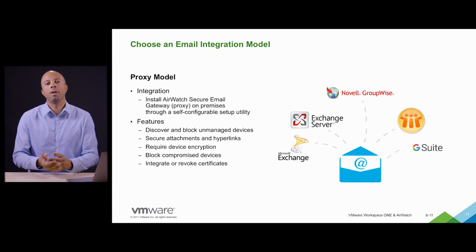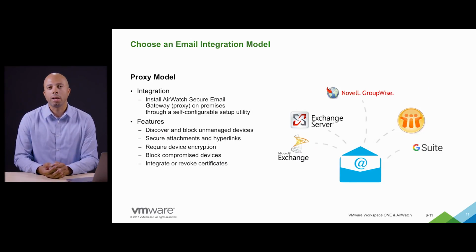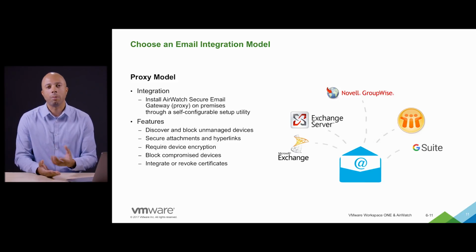When we get down to the selling features of the proxy, we're really interested in two things. We are encrypting attachments and we're encrypting hyperlinks. The attachments that you send via email, you can have those attachments sent to the AirWatch content locker. And that content locker is going to allow you to have encrypted attachments and content from email in a secure container. Now, this secure container can be stored on the device, and then of course, if the device is lost or stolen, that content can be revoked,